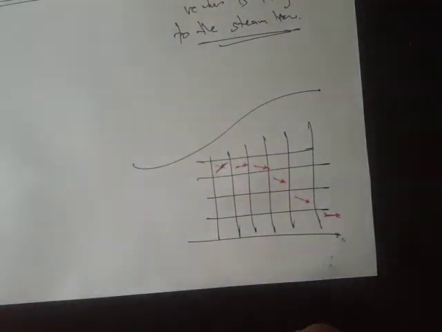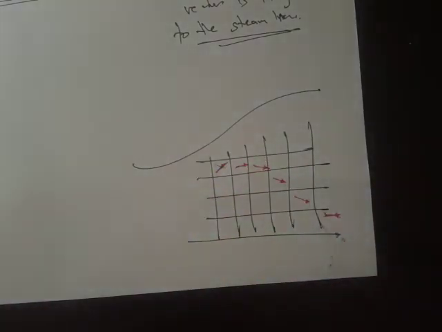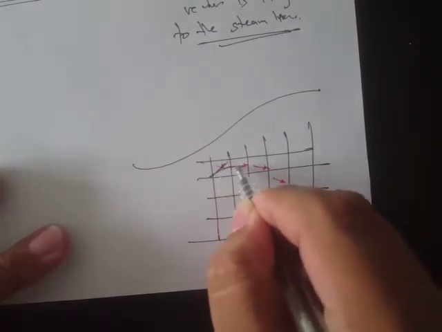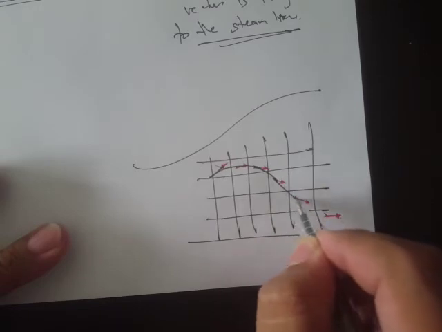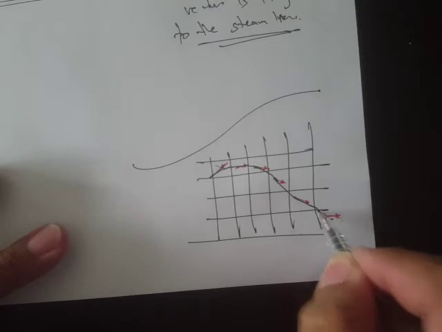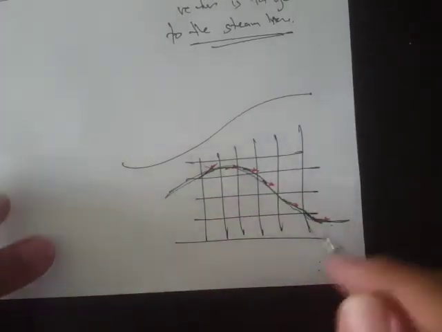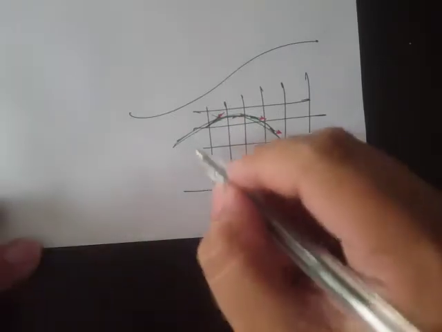So if we want to take the line wherein this velocity vector is always tangent, let's say it's like this. I don't know how to draw it correctly. I guess maybe like this. Okay, so if we trace these lines where this velocity vector is always tangent, then that's what we